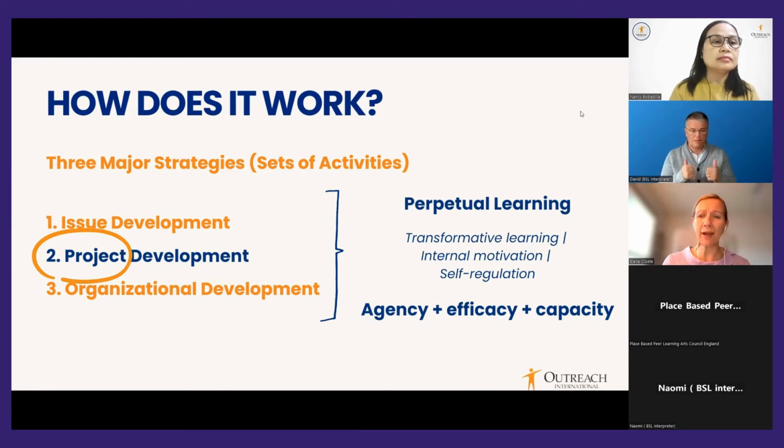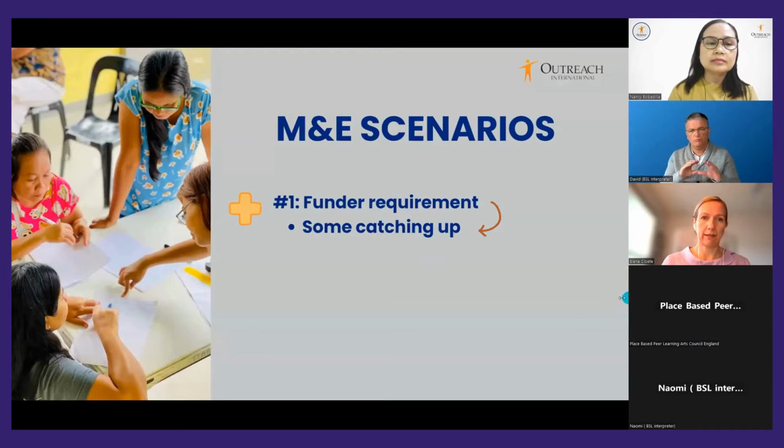Okay, now, one more thing and one place that I want to just quickly pause is we work within 2 different scenarios that we identify for community-led monitoring evaluation. The first of these pertains specifically to funder requirements. In some cases, community-led monitoring evaluation is a funder requirement, and then we adjust and support communities to be able to adjust to those requirements from a funder. And we're going to give you an example of that later.